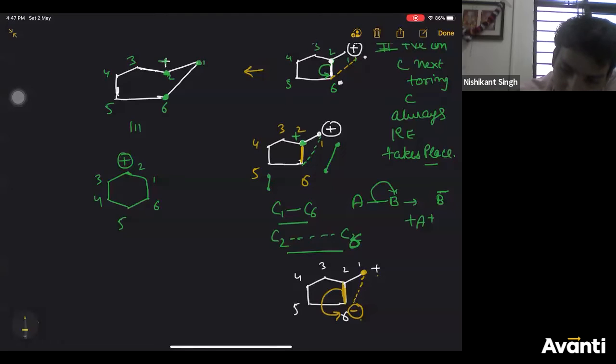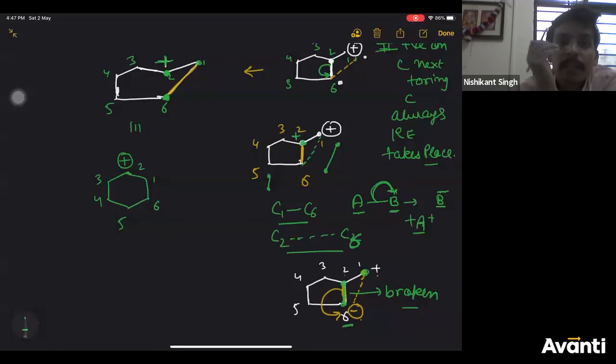First and sixth carbon is forming a bond. That is what we have shown. And the bond between second and sixth carbon is broken. When you break a bond like this, the arrow atom gets negative, the non-arrow atom gets positive. So you see here, sixth is the arrow atom, it got a negative charge, which combined with the positive charge here. Second is the non-arrow atom, so it will get what charge? Positive charge. So I hope, Naren, now you have understood this.